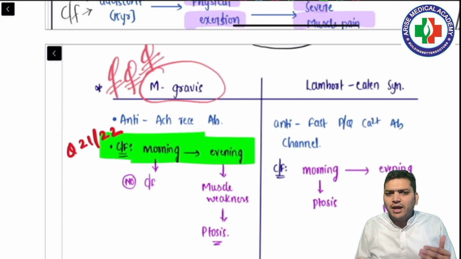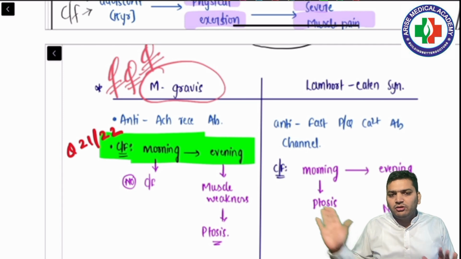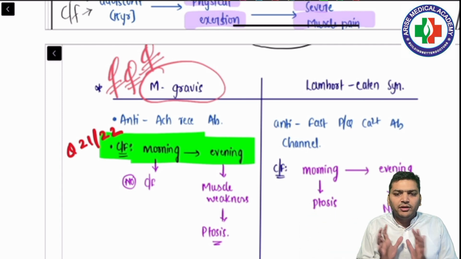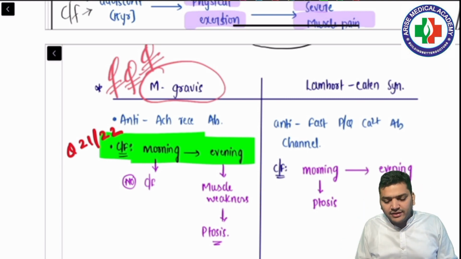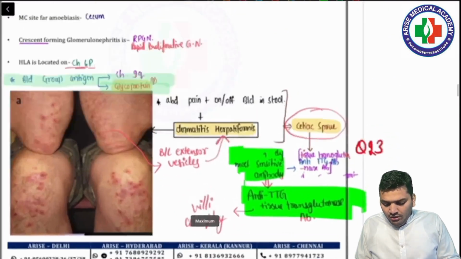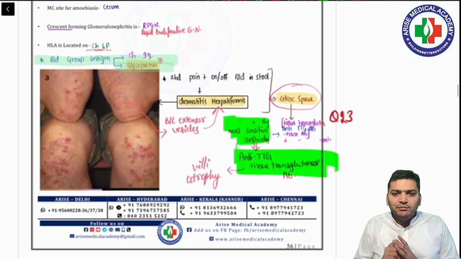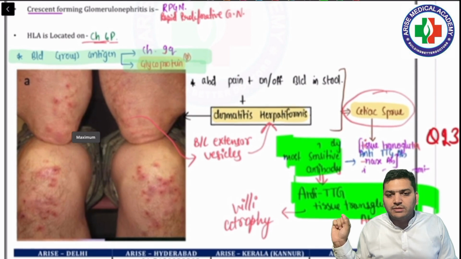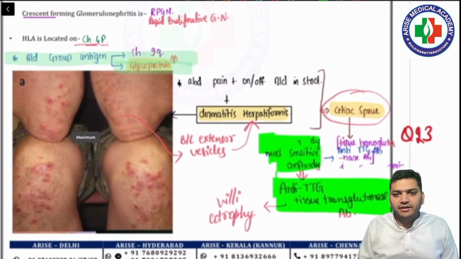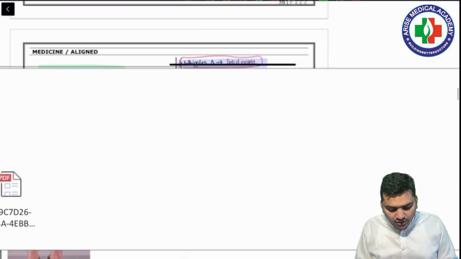In one of the MCQs they have mentioned neostigmine also, but whether you know about that or not, if you know this much data, in the morning maybe there is no problem, but towards the end of the day, ptosis, it was myasthenia gravis. Then there was inflammation in the intestine. They have asked about the most sensitive and the most specific antibody, that was the anti-TTG antibody.